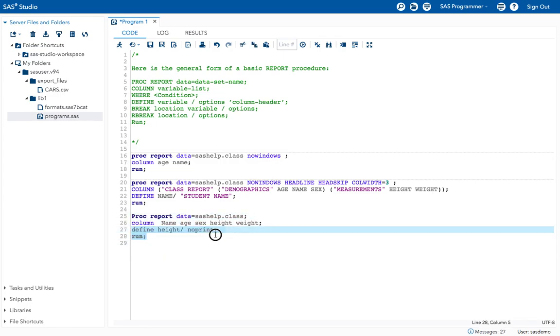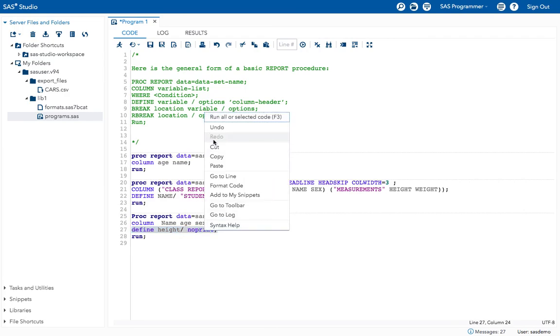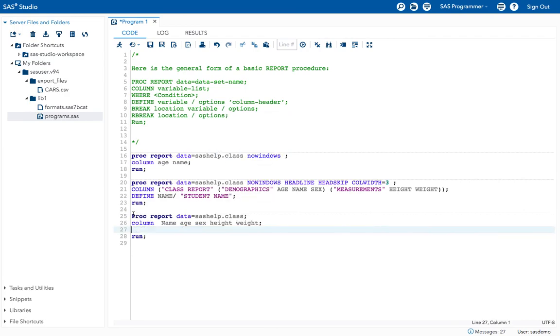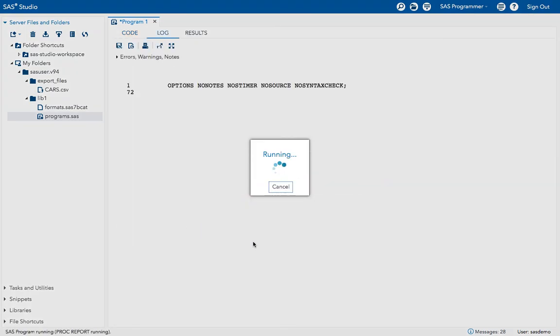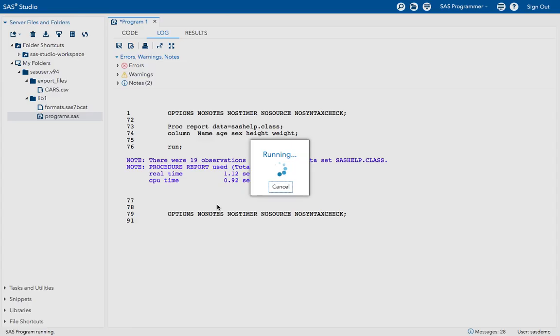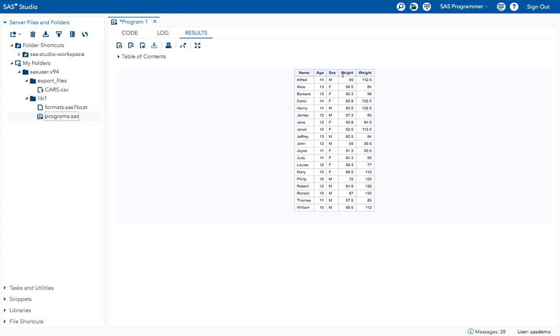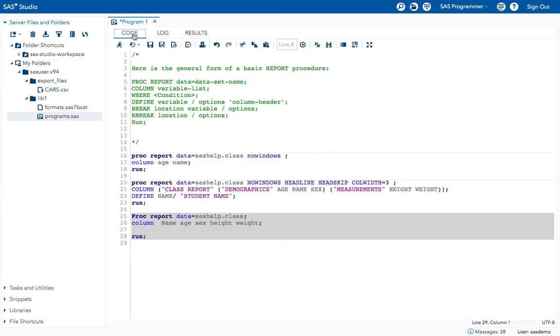See, without this statement, first execute the program. Now we printed all the variables, right? Now I don't want to get this height variable in my reports. How can I do that?